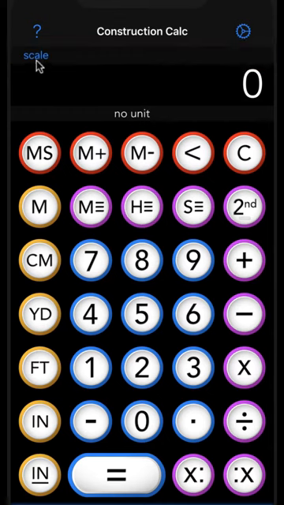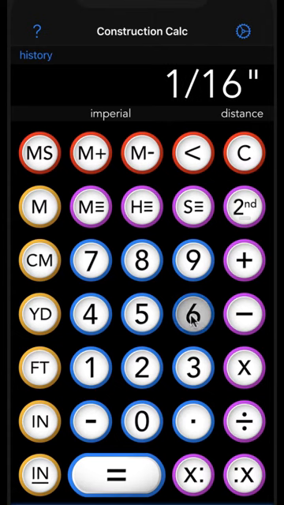You can switch over to the scale bar simply by clicking the left button in the information bar, which will cycle through history, memory, and back to scale. Also, scale will automatically appear in the information bar when you're entering scales or selecting scales. So let's go back to the history just so we can see how the scale bar automatically appears. And we'll enter 1/16